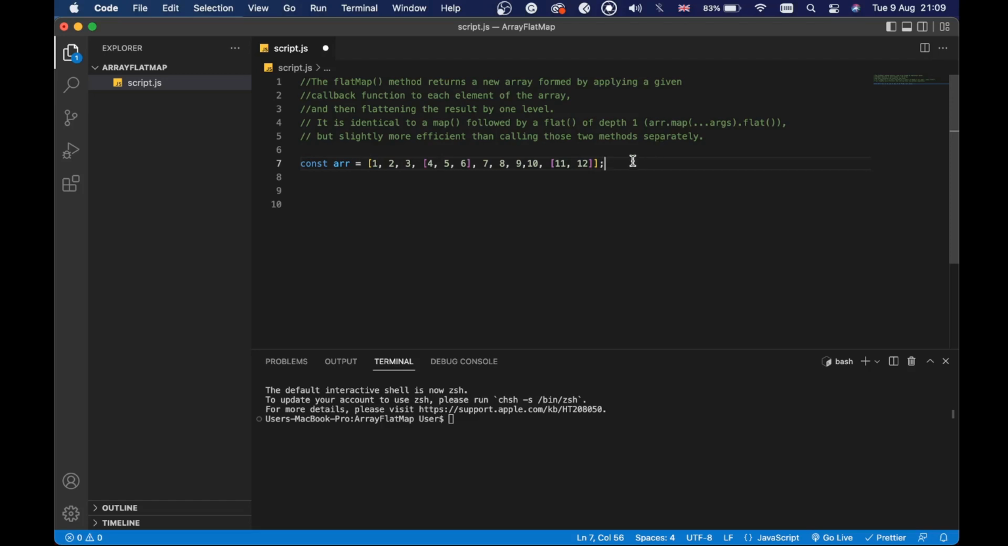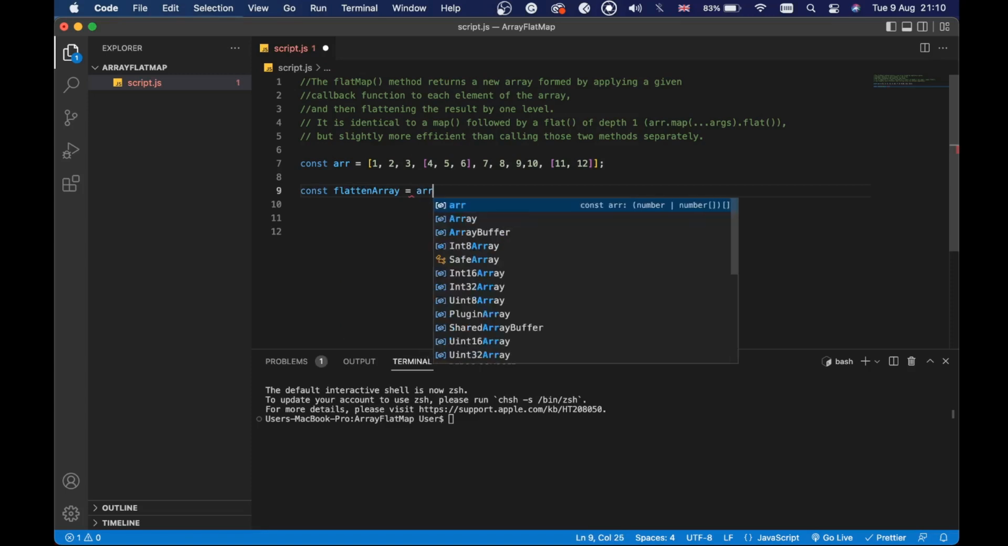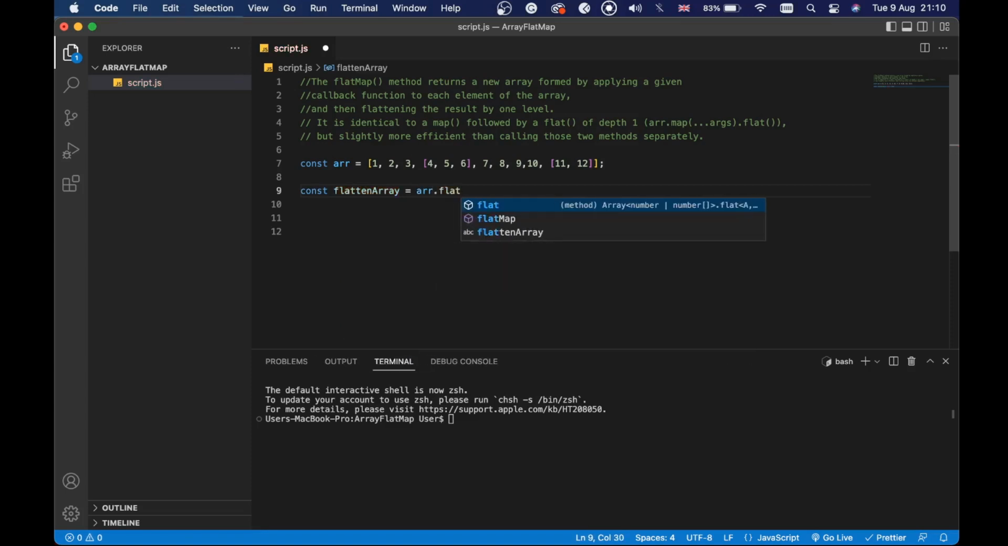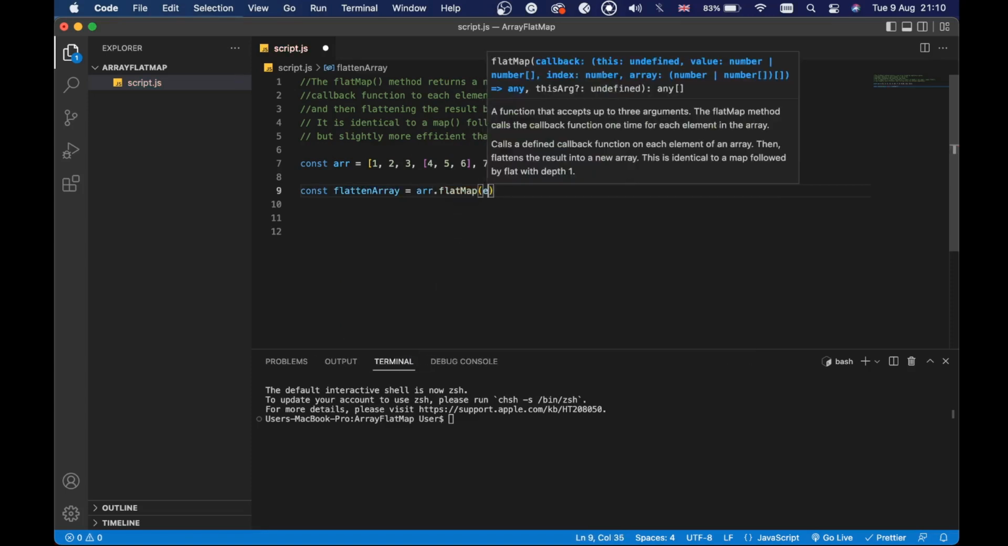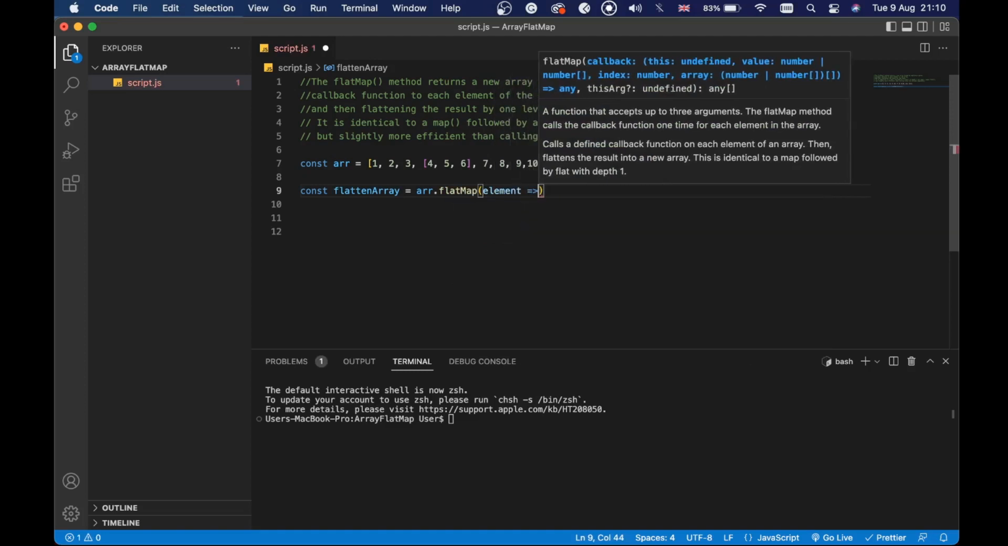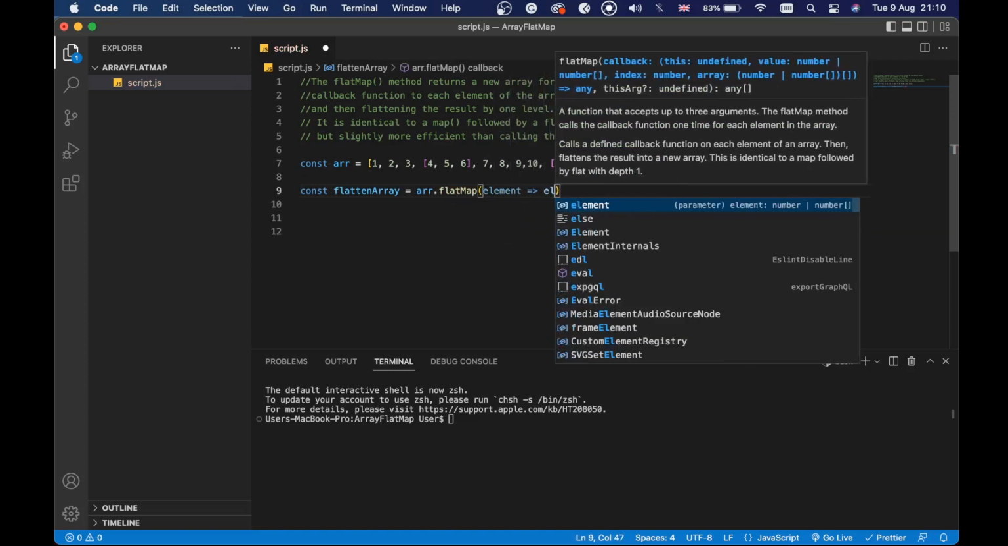But they are all in that big array containing all the numbers. What we want now is to create a new array which will hold all the numbers. Basically, we will remove that array and that array at the end. So to achieve this, we will say const flattenedArray equals, we'll say arr.flatMap, and here we'll have the element, the current element, and we will return that element, just